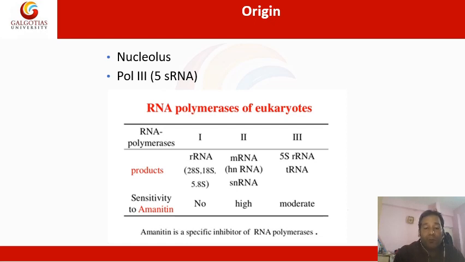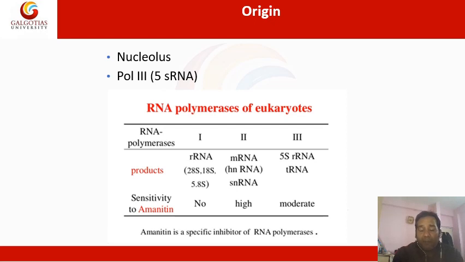And what are those portions? Like 28S, 18S and 5.8S, they are all synthesized by RNA polymerase I, whereas there are two other types of RNA polymerase found in the eukaryotic cell, that is RNA polymerase II and III. Another important component, the 5S ribosomal RNA, is synthesized mainly by RNA polymerase III, whereas